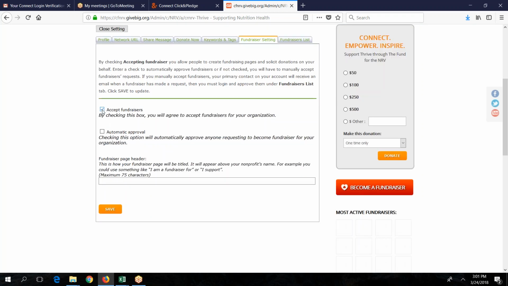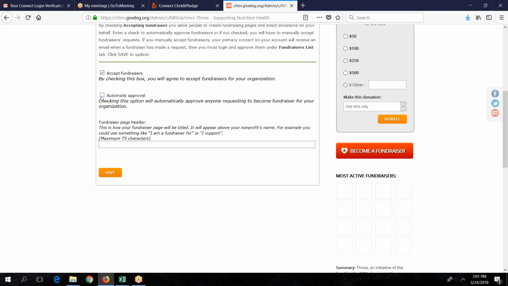So be sure that this is checked for your organization. You don't have to do it, of course, it's up to you, but it's useful if you choose to put the time in to kind of promote people wanting to become fundraisers. The next section is automatic approval. So if you were to check that, that means that anyone who comes to your page and says become a fundraiser can put their email in and will automatically be given instructions to set up their mini profile page for